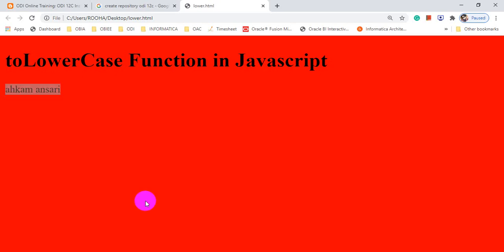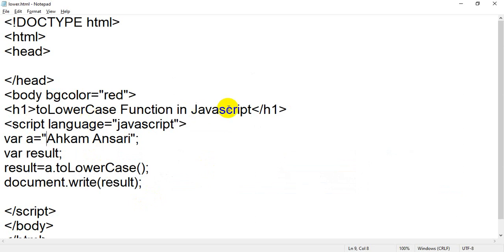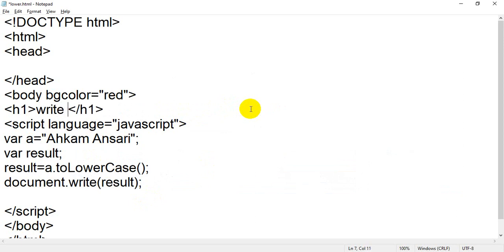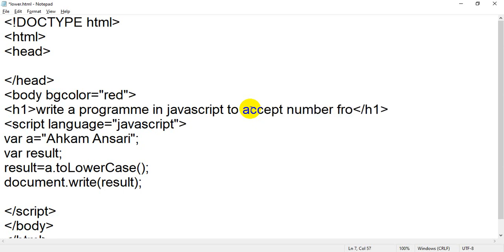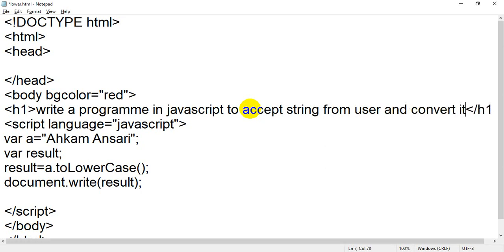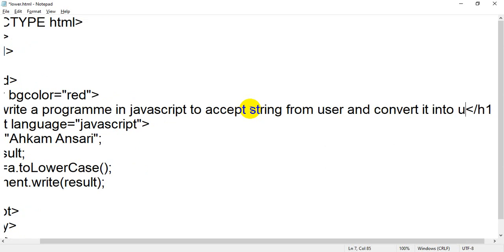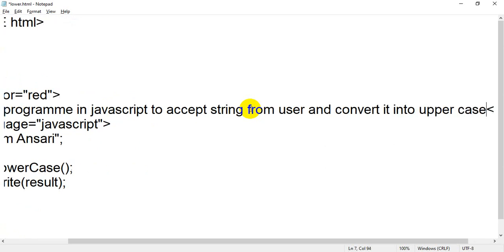For example, let me write a question. Write a program in JavaScript to accept a string from user and convert it into uppercase or lowercase.